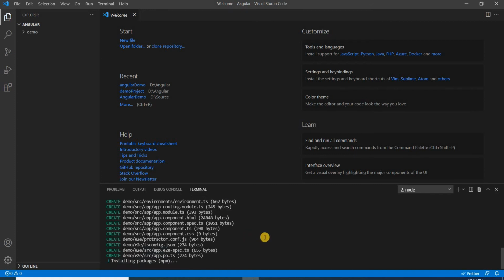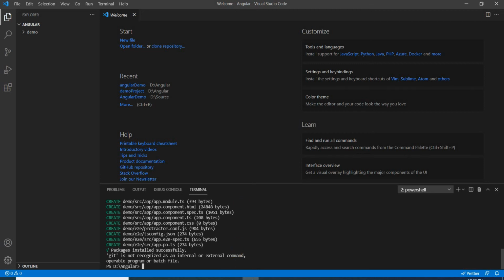Now it will take some seconds or maybe a few minutes to install everything about Angular. Like in the last video we installed the Angular libraries at one common place, now it will fetch those Angular libraries which are required for one Angular project and will deploy everything inside the folder of this new project. Once the project is ready, I will show everything there. And now the Angular project is ready.